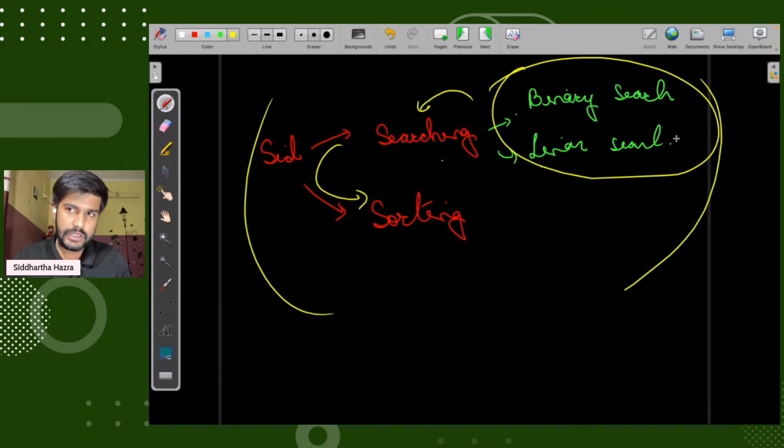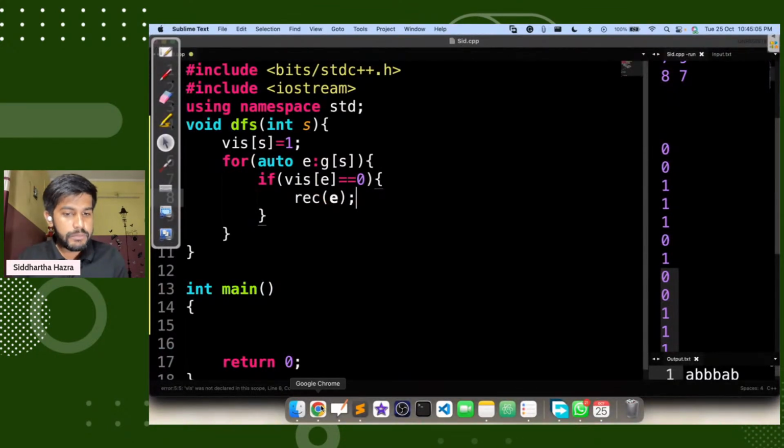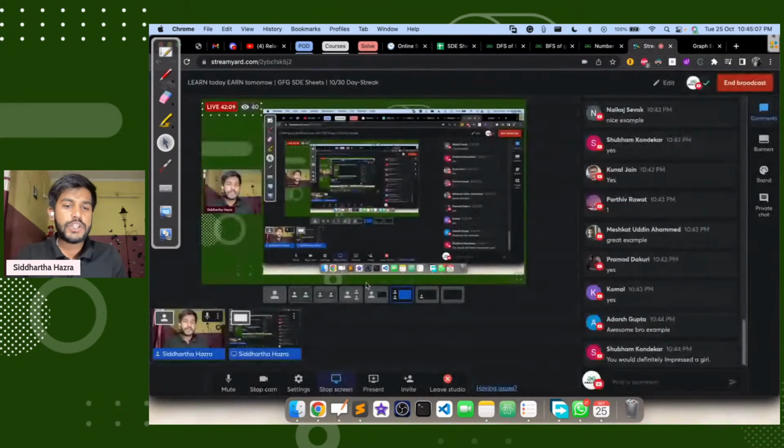Please write it quickly. Theory you will find elsewhere, but if you are able to relate it with a funny example, then you will be able to retain it for a longer period of time. Suppose after a month you go and see the notes and you remember this funny example, then trust me, you would be able to recall everything. So quickly write it and then give me a quick one. I will be waiting for the next 1 minute.